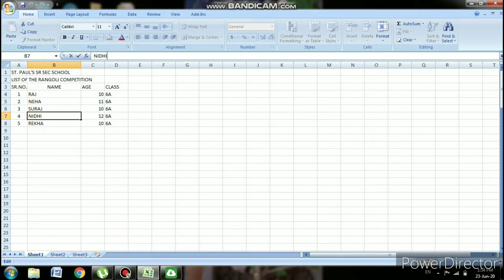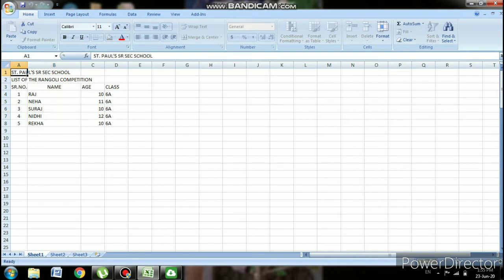Today we will learn first, what are the things we will learn today. Today we will learn how to undo, redo, edit a cell, find the data, replace the data, and we will be learning about the formatting of the cell. In formatting of the file, you will be learning about the font, alignment and the border. So first of all, we will open the file, as we have prepared the file according to yesterday's video.